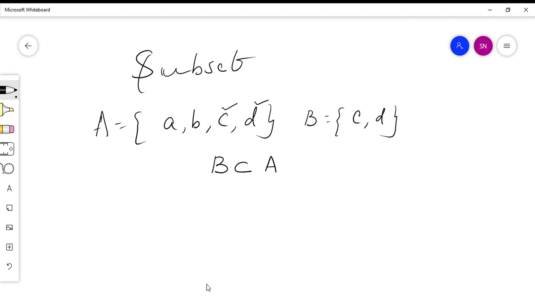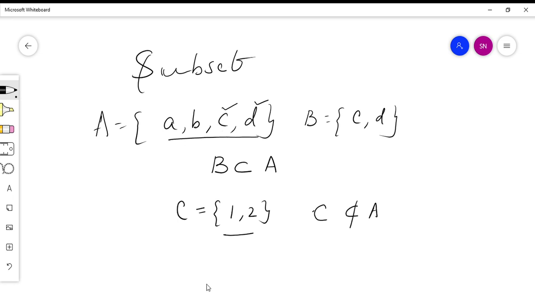Okay. So for example, if I consider set C is equal to {1, 2}, can I tell C is a subset of A? Here A has elements A, B, C, D and C has elements 1, 2. In these two sets, do you see any elements in common? No. So when there are no elements in common, then I tell C is not a subset